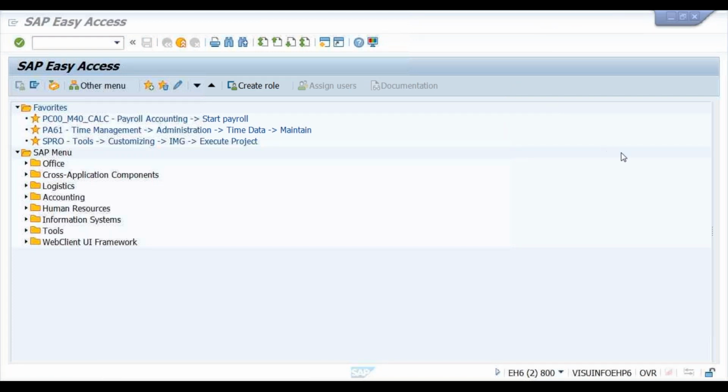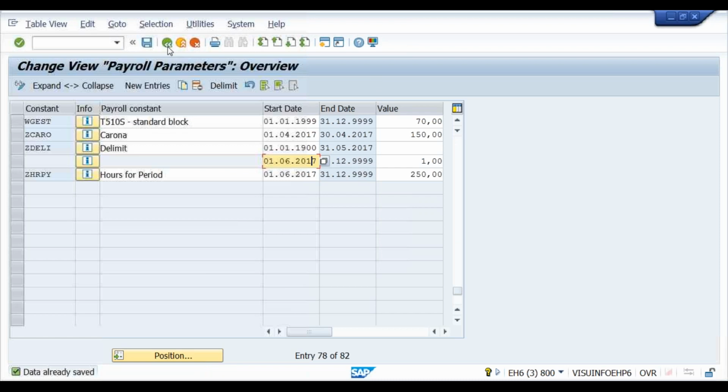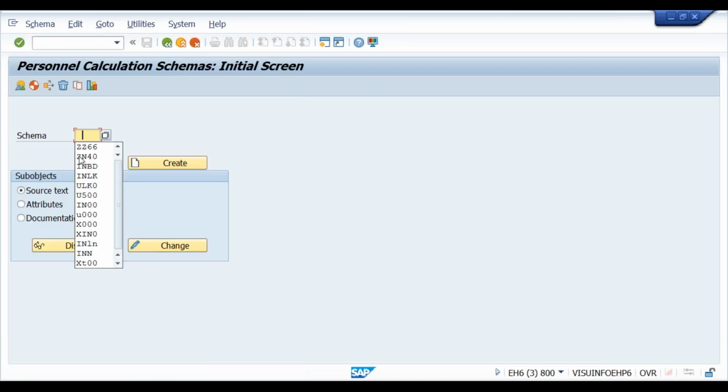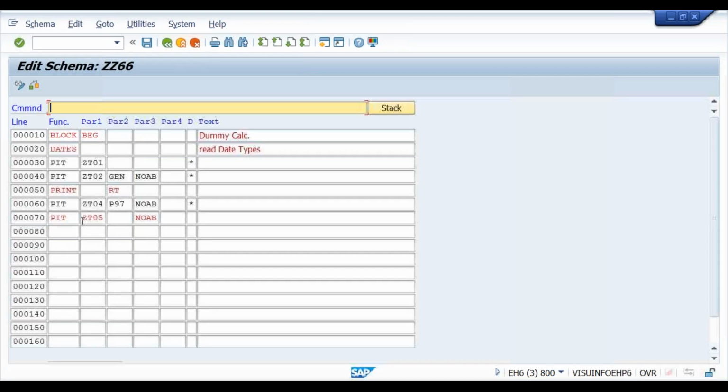Next, how do we delimit the things in the schema level? Suppose I'm using this rule.